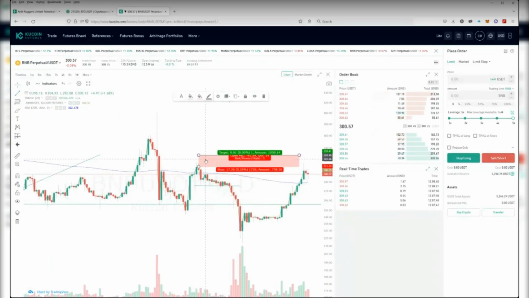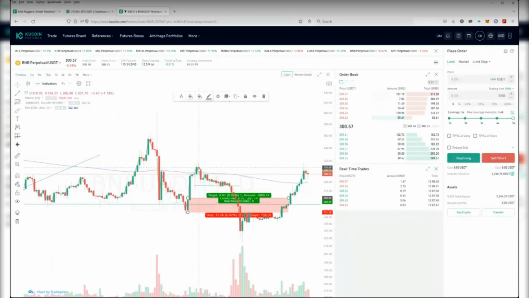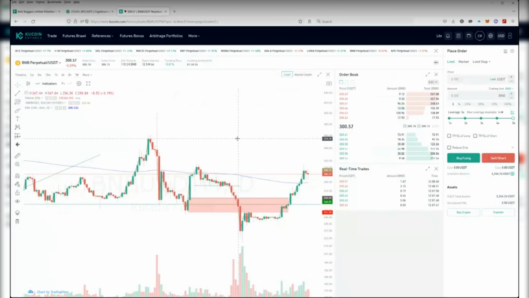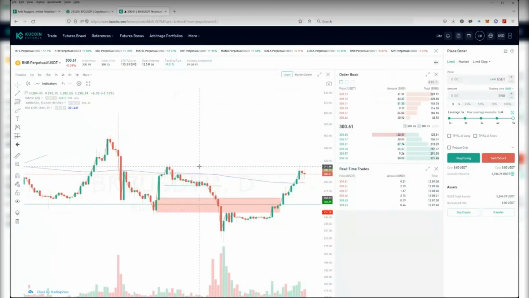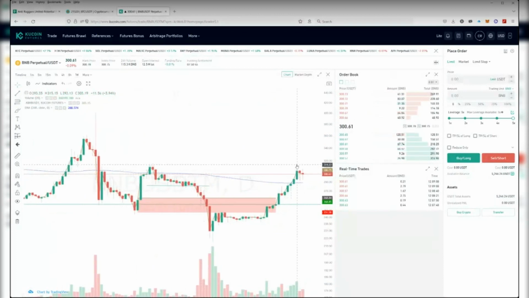I don't like to set arbitrary profit targets, unless it's something like right here, where basically this is where resistance was before. So maybe I'll close out half my trade here and move my stop loss, because a lot of times it's going to bounce off of previous levels. This is a big resistance level, 311. As you can see here, a couple days ago it hit 311 with a wick, but then it bounced back down, because the 311, 315 area is resistance.